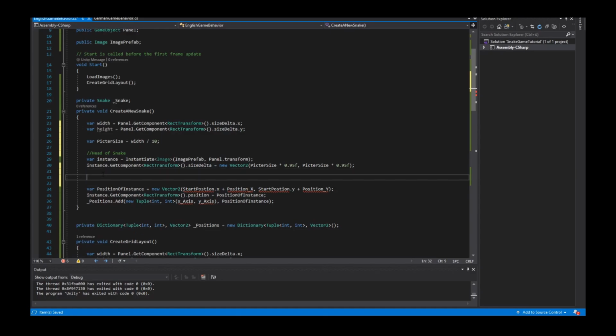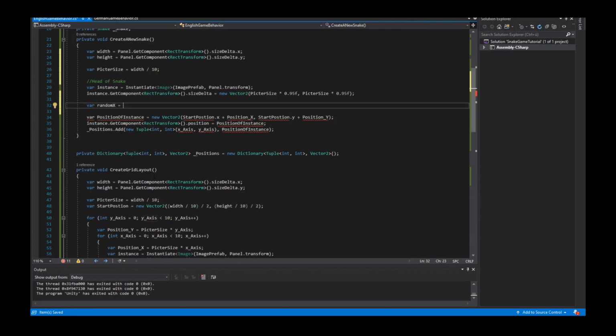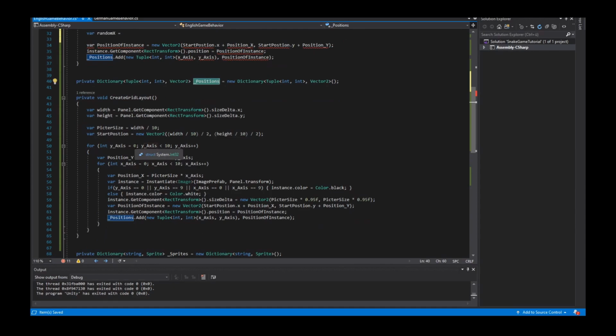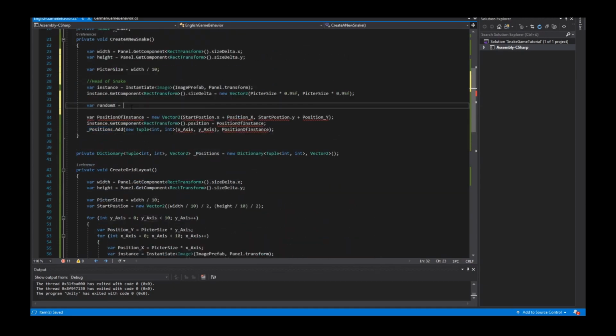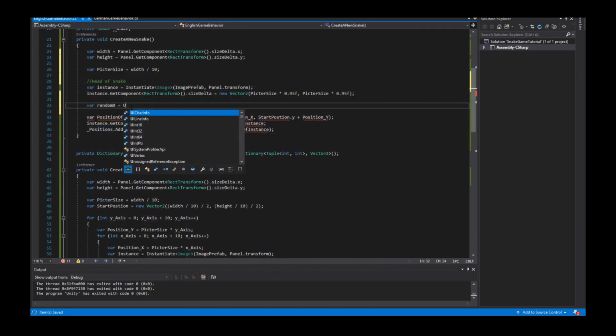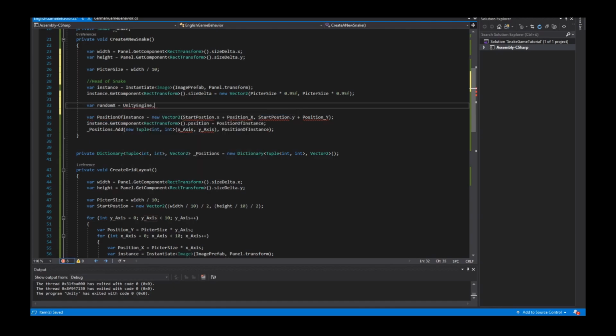So I create a random x value, and we have here our positions. That's a tuple with two integers from 0 to 9, and also for the x-axis from 0 to 9. So I create here random x is UnityEngine.Random.Range,